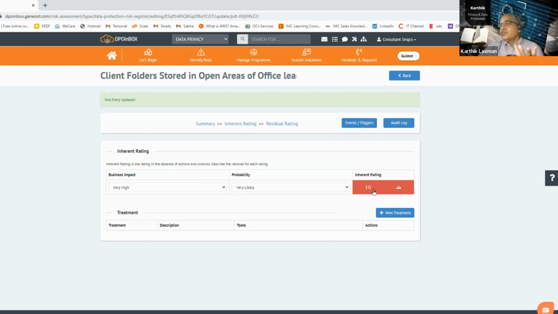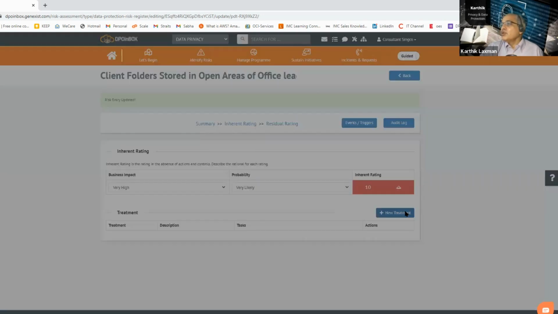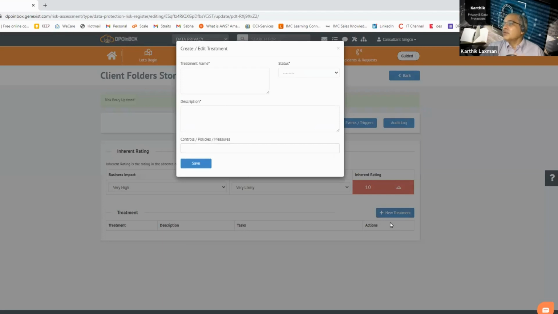And once the risk has been identified, you want to treat it. You want to do whatever is required to mitigate that. And that, in technical terms, is the treatment. So you click on that and you put the treatment name. So basically, it's purchase of filing cabinets with lock and key.